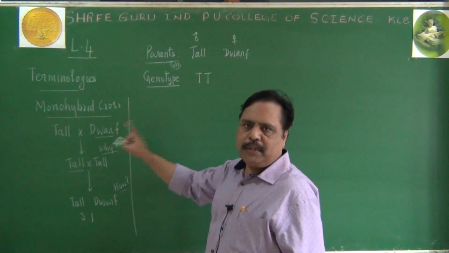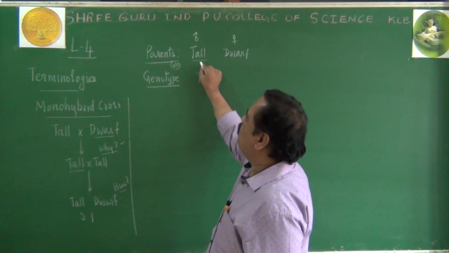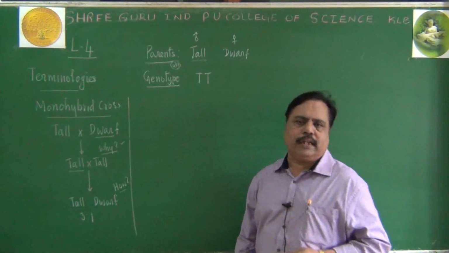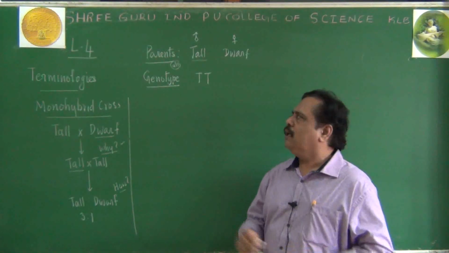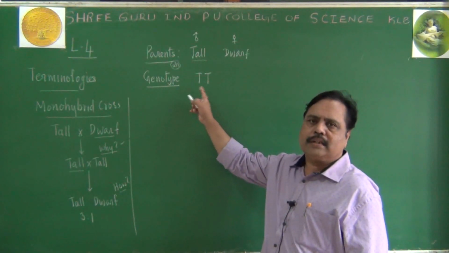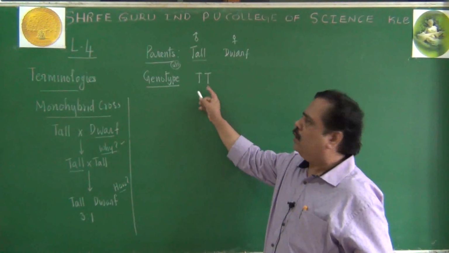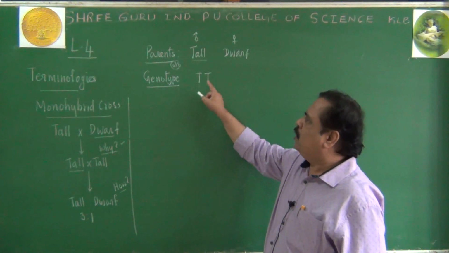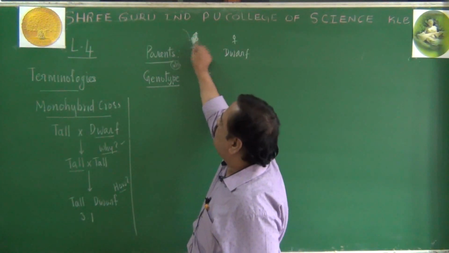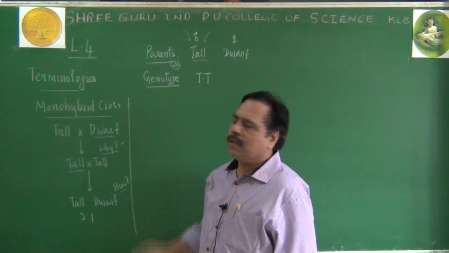Only gametes will be haploid in nature. For a diploid organism, there will be two factors. As per the law of unit characters proposed by Mendel, we have seen that for every character, an organism will have two alleles. So here two alleles we are putting. Let us imagine in another way, one of the capital T has come from the male's father, another capital T has come from his mother, we can say.